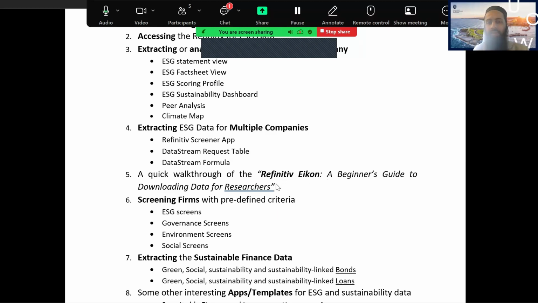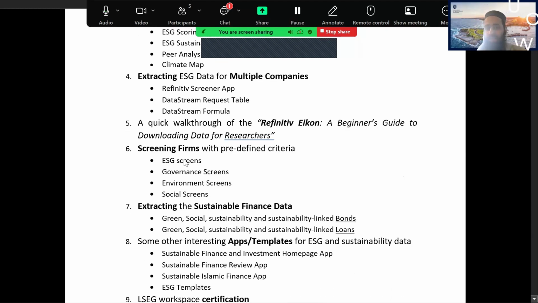Okay, so this one is just for PhD students. This guide I created by involving 5 of my PhD students. They were at different stages of their PhD, and we came together as a team and produced that manual. Then it was circulated across the globe, to whoever requested it.